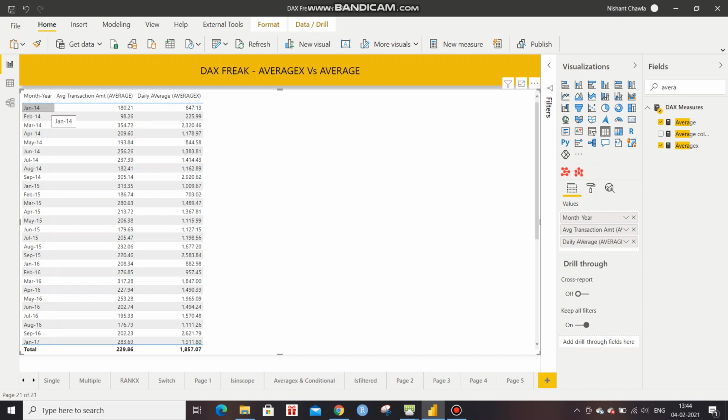But when we are computing the average, so that we have done in AVERAGEX, we have simply divided the total sales number by the unique number of days in the Jan 14 month.